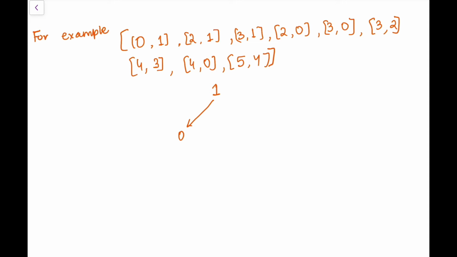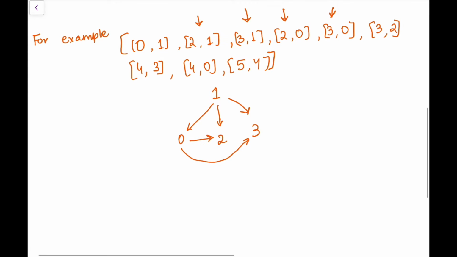Similarly, for 2 1, 2 should follow 1, and for 3 1, 3 should follow 1. Similarly we have this, wherein 2 is also dependent on 0. So after 1 is taken, 0 should also be taken for 2, so this is the direction from 0 to 2. Similarly for 3 we also need the 0th course, so we'll draw it like this. For 3 we need 2 also, so this will be the direction.